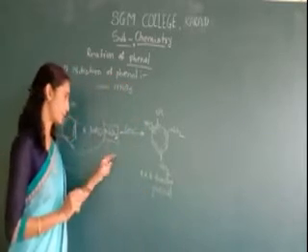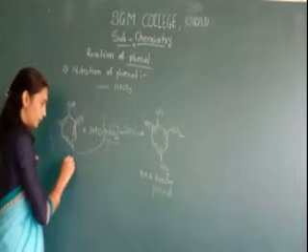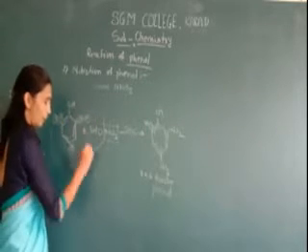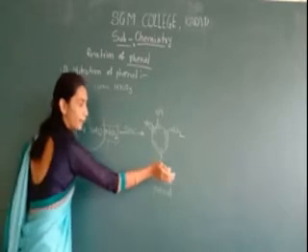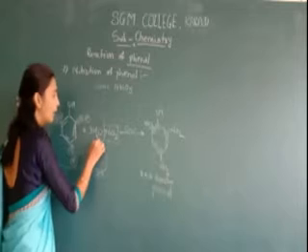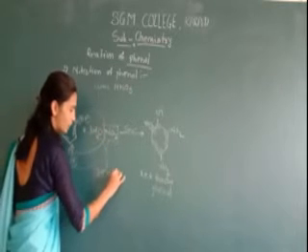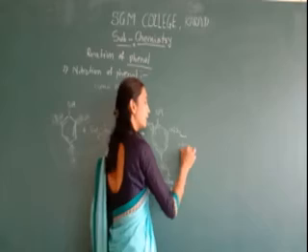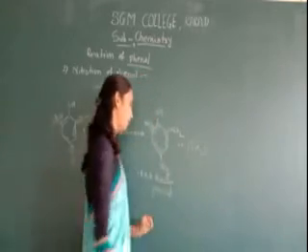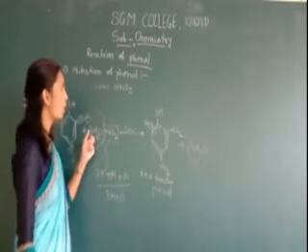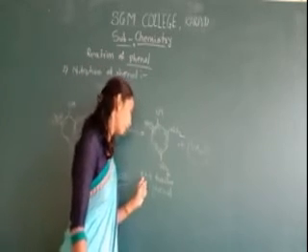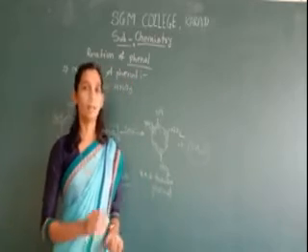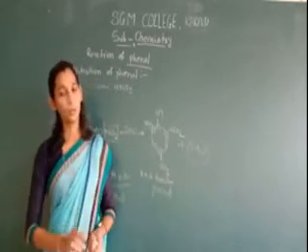Now the reaction part. One hydrogen from this, a second hydrogen from this, and a third hydrogen from this. At these 3 places, 3 hydrogens are released by attaching NO2, and these react with the 3 OH, that means 3 H and 3 O. We get 3 molecules of water, 3 H2O. So phenol reacts with concentrated nitric acid, and we get the product 2,4,6-trinitrophenol, and water is also released from this reaction. Very simple reaction. You understand?